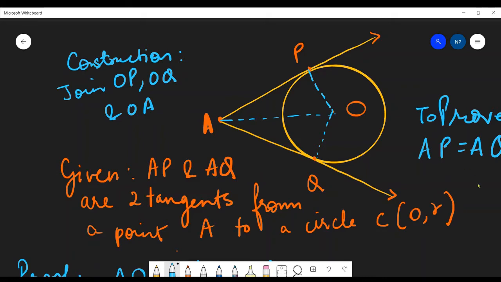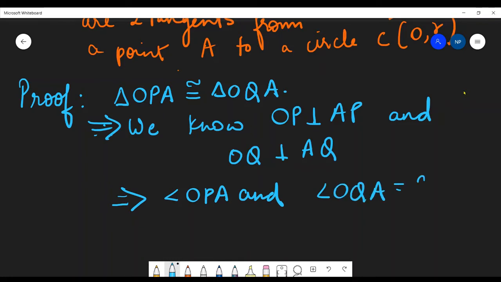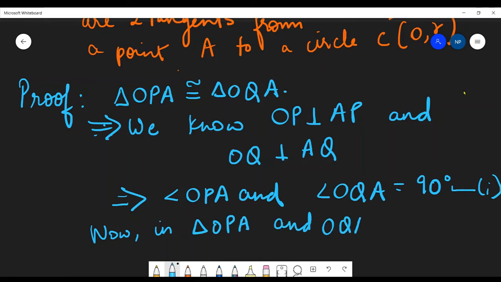The shortest distance is the perpendicular, and with the theorem also we have proved. So what do we comprehend from this particular property? That angle OPA and angle OQA both are 90 degrees. Since they are perpendicular, the angles will be the same. Okay. Let this be equation 1. Now, in triangles OPA and OQA, we have